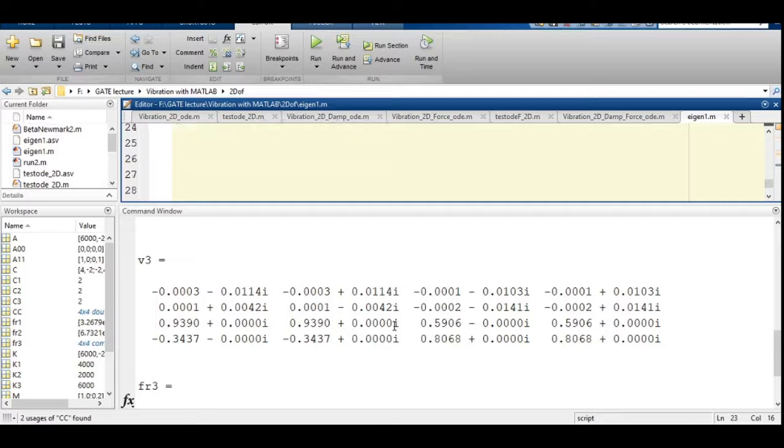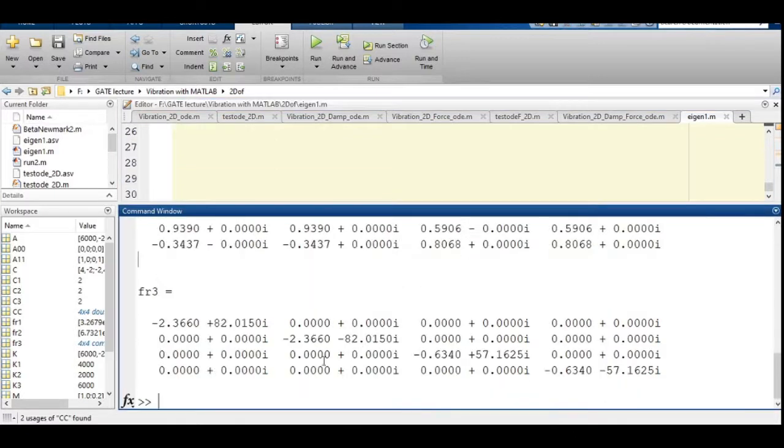When I go and see the frequency part, this is my frequency part, and you can find that this value and this value are complex conjugates. This is the complex conjugate of this value, and as I said, the real part indicates the decay and the imaginary part indicates the frequency. So 57.16525 is the first natural frequency. Please remember,